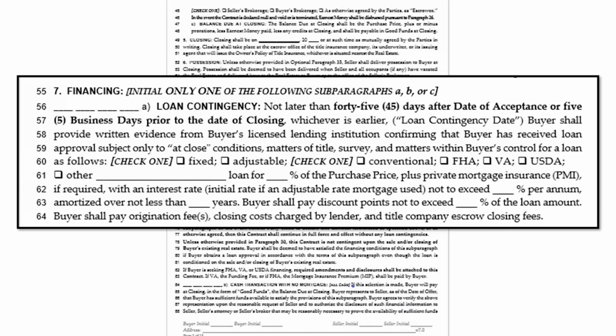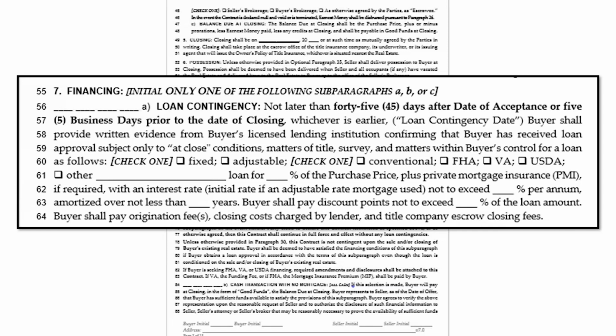So for example, if we sold the house on a Wednesday and everything was signed on a Wednesday, you start counting your days on Thursday. It doesn't make any difference whether the contract was signed at 9 o'clock in the morning or at 11:55 on Wednesday night. That Wednesday doesn't count. We start with that Thursday, so it's days after the date of acceptance. This does not say business days. This is calendar days. So if the contract does not say business days, it is calendar days. So this is 45 calendar days after the date of acceptance.